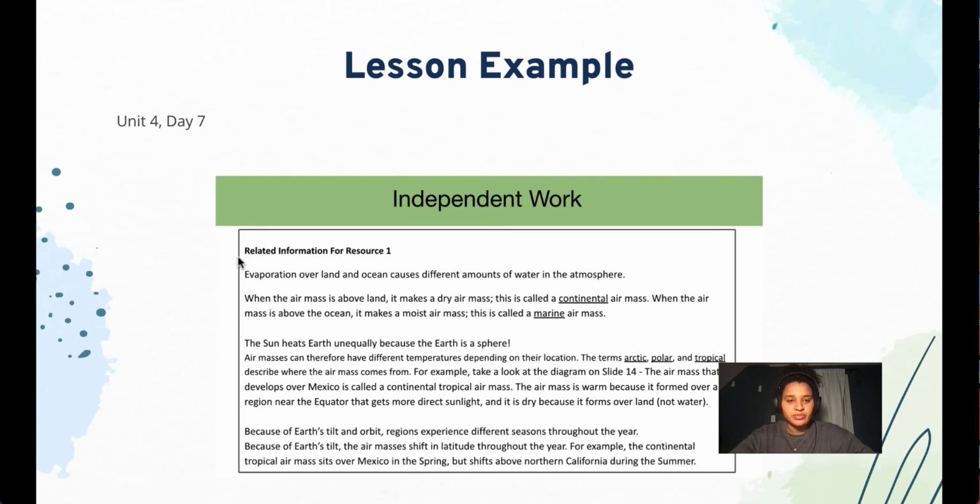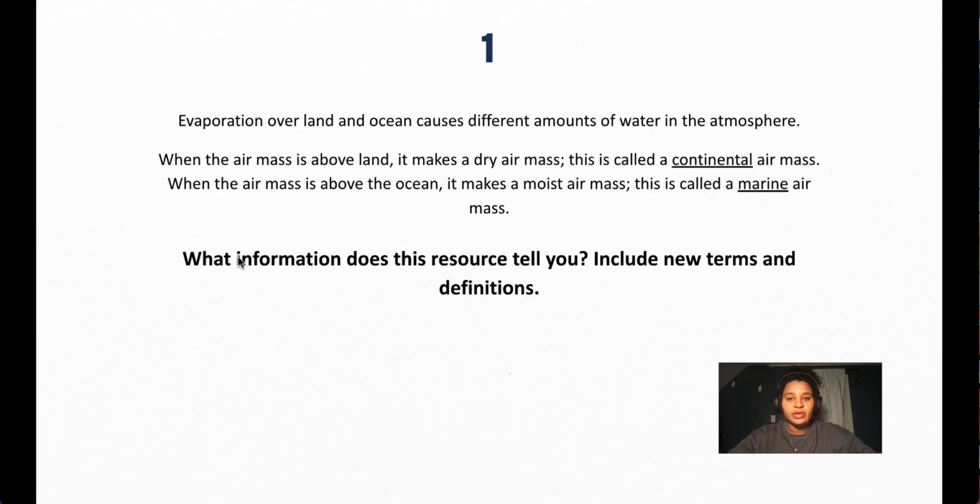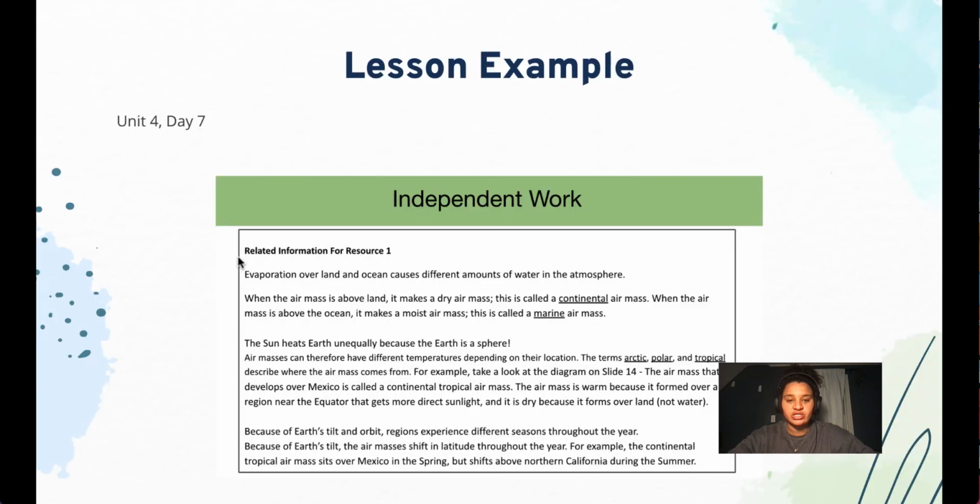So this prompt comes from Unit 4, Day 7. This is a full paragraph that students were expected to read. This is resource 1. You can chunk the text so students have the opportunity to really engage in the small piece of text for a given amount of time. Once students read the text, they would answer the question, what information does this resource tell you? Include new terms and definitions. So this was pulled from the